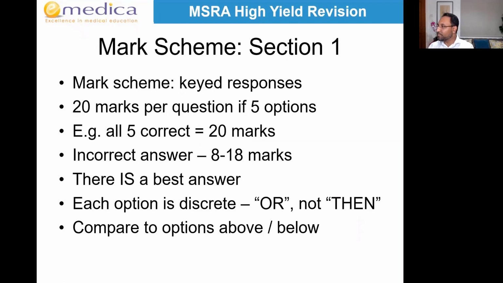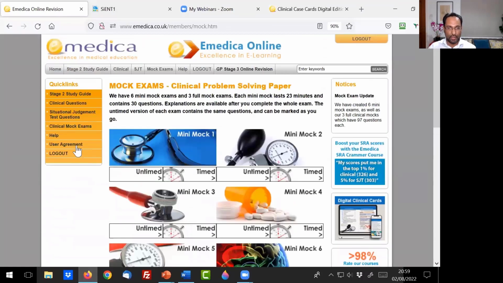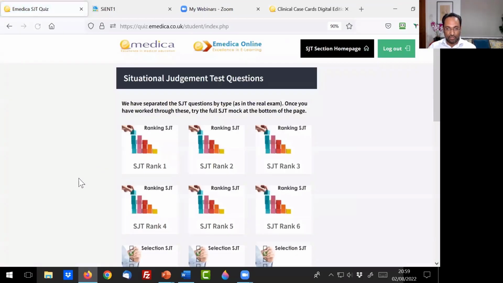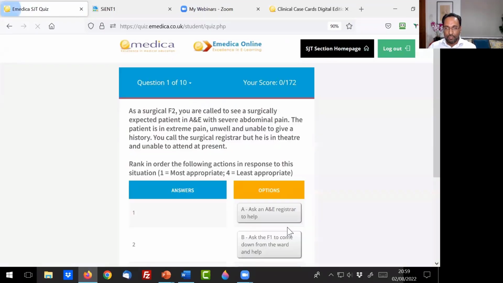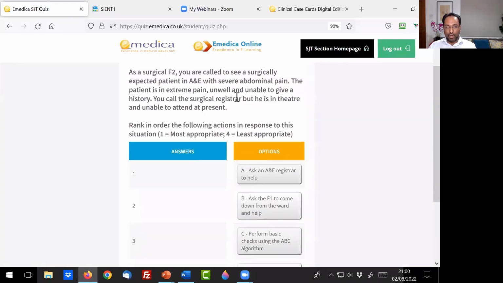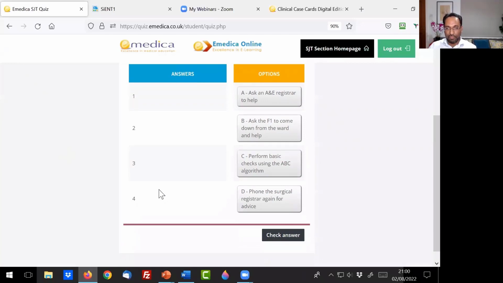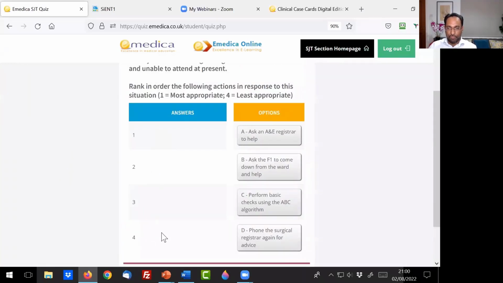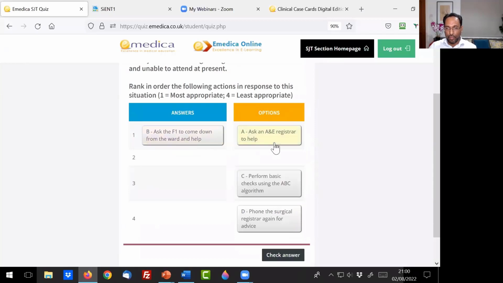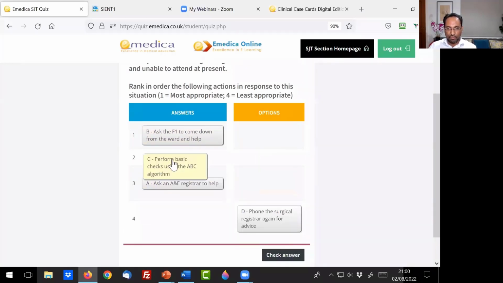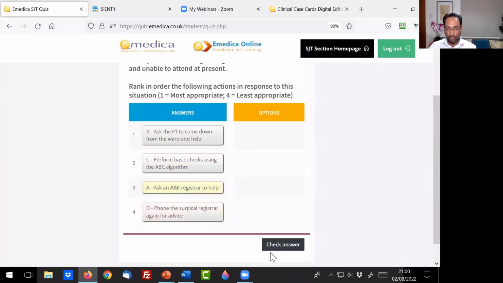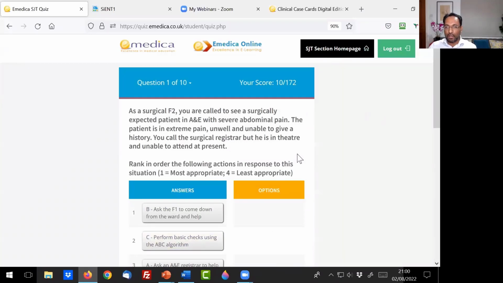Now, I'm going to show you how you will actually do that in the exam by showing you our SJT questions, okay? So how it will work in the actual exam for ranking questions, it will be like this. So you'll have your scenario here. In this case, there's 4, okay? Sometimes there'll be 4, mostly there'll be 5. You've got 1, 2, 3, 4, and you've got your options here. And what you'll do is you'll actually move them. So you can see, I'll put this one first, this one second, this one's third, this one's fourth, okay? And then, like this one, you can see it's 10 out of 16, because only 4 is out of 16, okay?